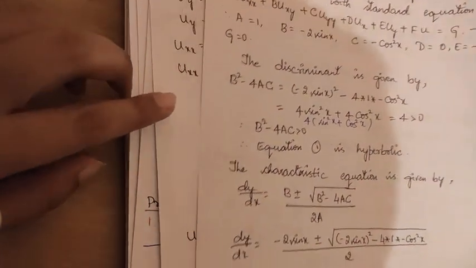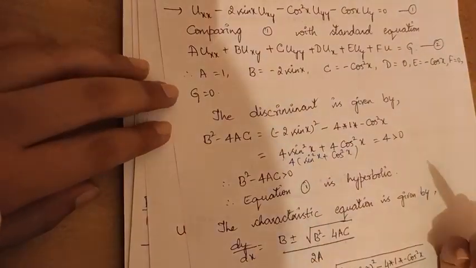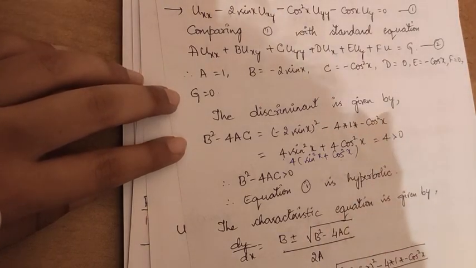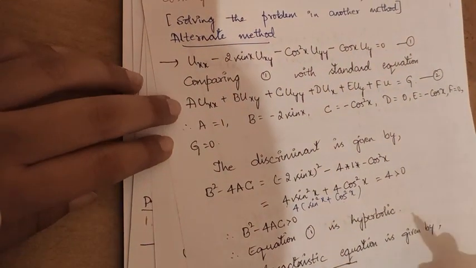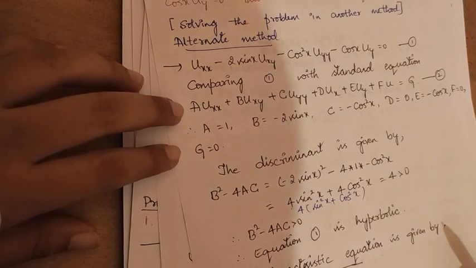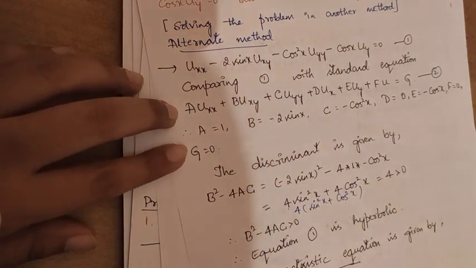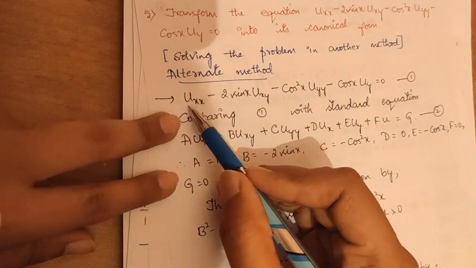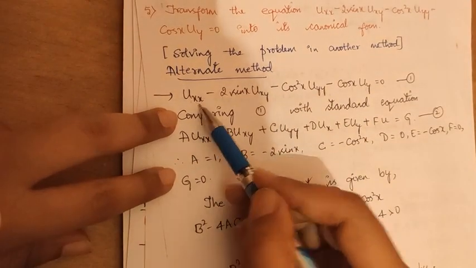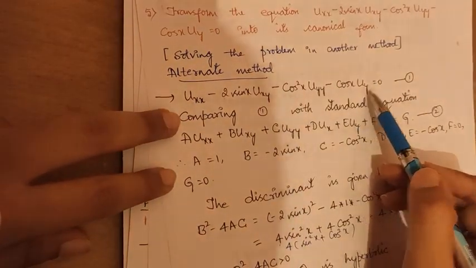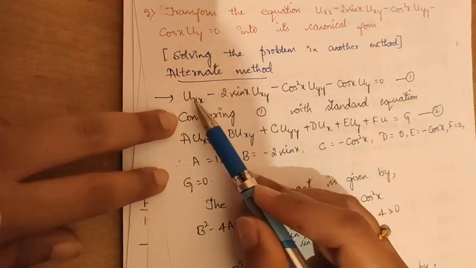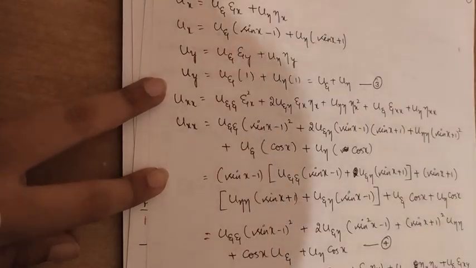So in the previous problems, you were considering the canonical form, and in that you were finding the values. So here what I will do is, I will find out the value of ux, uy, uxx, uxy and uyy. Then I will substitute the value here in the given PDE. So in this equation, I have uxx, uxy, uyy, uy. So I will find out all the values and I will substitute uy here, uyy here, uxy here, uxx here. So let's see how it will be.